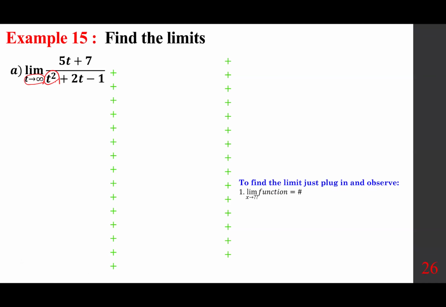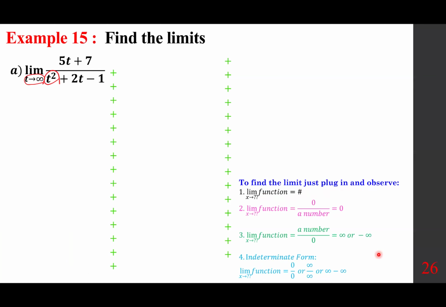By the way, to find the limit in general, just plug in. If it gives you a number, you're done. If it gives you 0 over a number, you're done because it's 0. If it gives you a number over 0, you have to figure out if it's positive or negative infinity. And many times it gives you 0 over 0, infinity over infinity, infinity minus infinity, and all of them are considered indeterminate. So for a question such as this one, you divide by the highest degree term in the denominator, namely